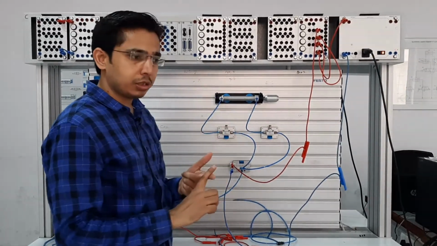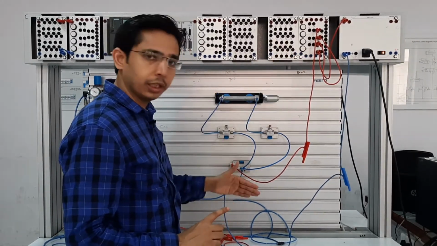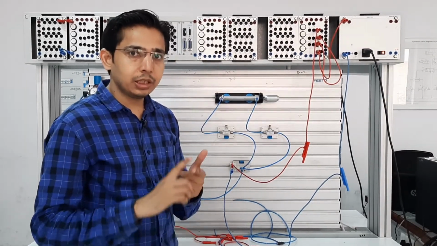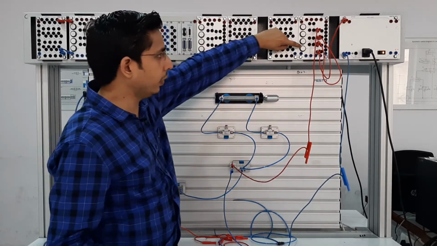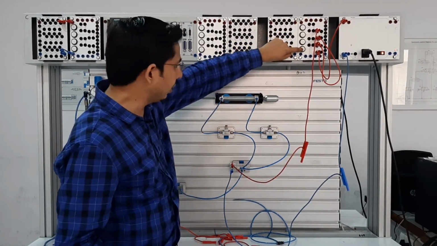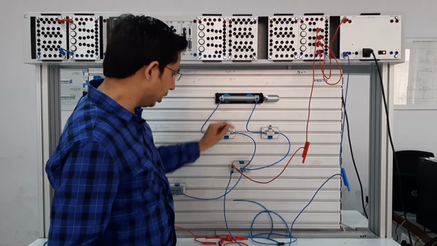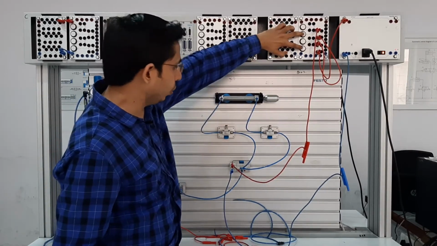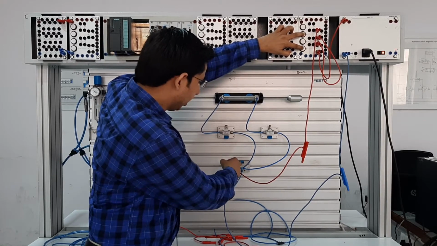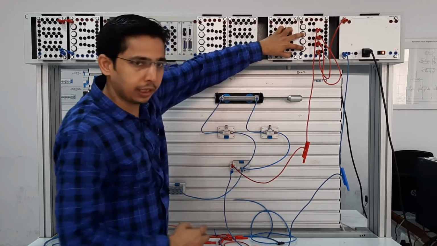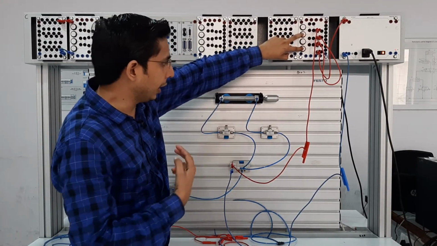So first of all, let us check whether this logic is working or not. When one push button is activated, there should be no signal. When the two buttons are pressed simultaneously, there should be a signal to the DCV. So first of all, I am pressing one button. I am not receiving any signal here. When I press this button, I am not receiving any signal here. When I press two buttons, I am receiving a signal here and it is diverting the 5x2 DCV and actuating the cylinder. When I release either of the switches, the cylinder returns.